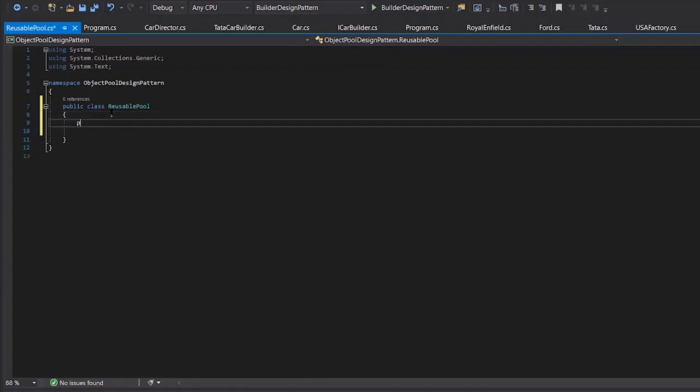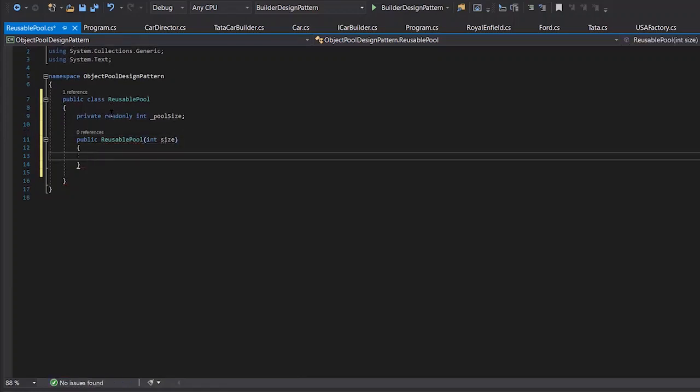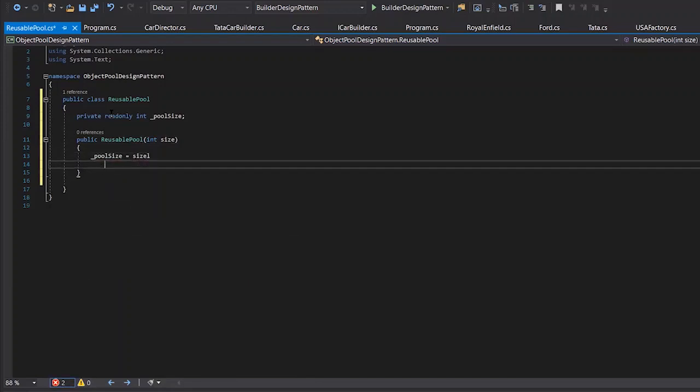So let's create a private variable for the pool size. Create a constructor ReusablePool that accepts size as a parameter. I'll set pool size as the size.